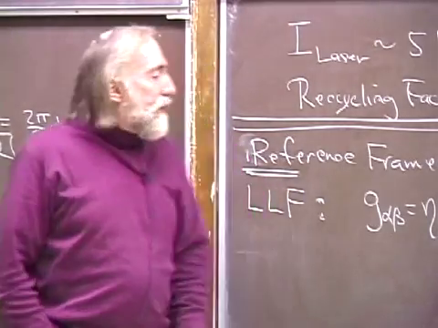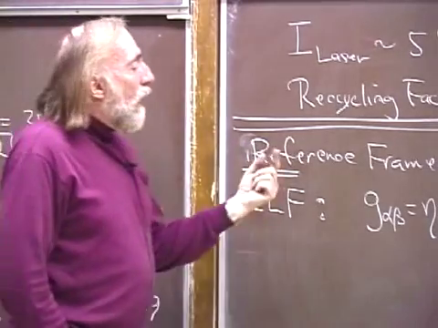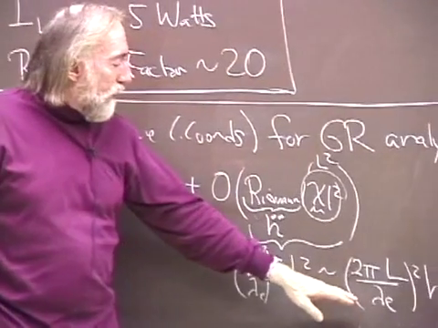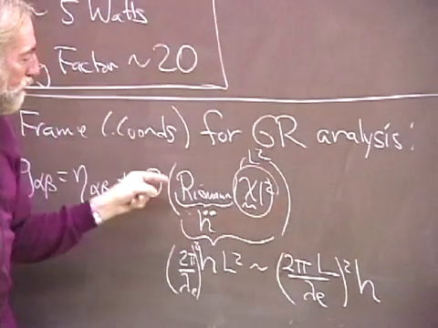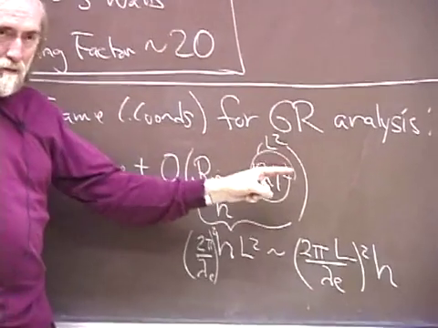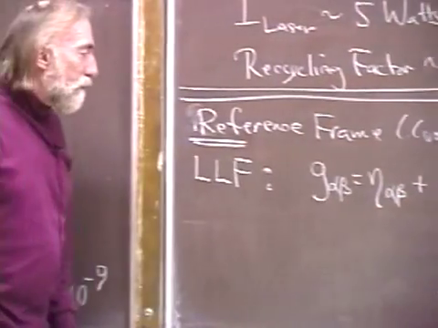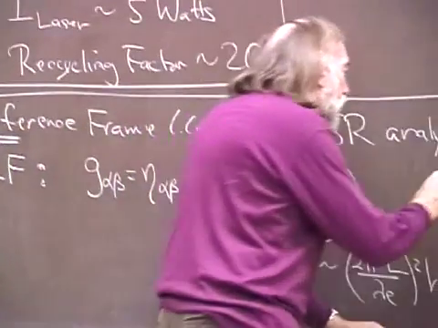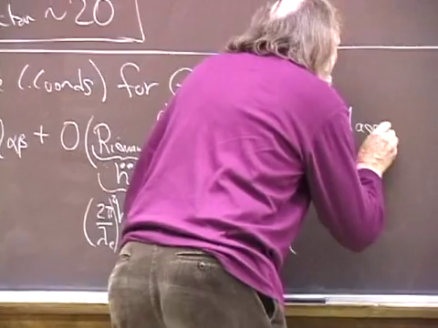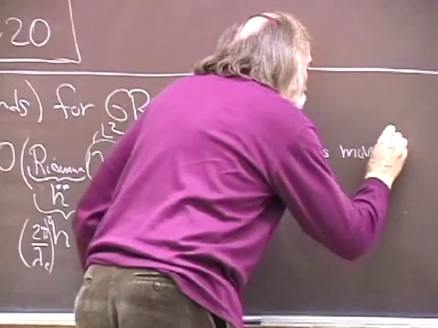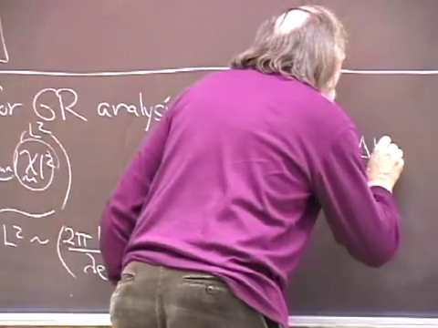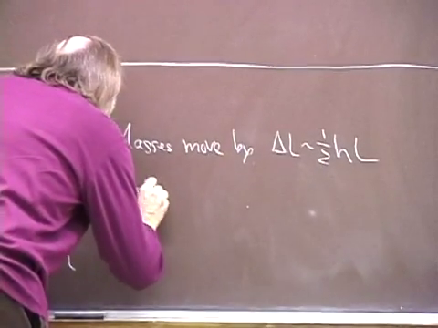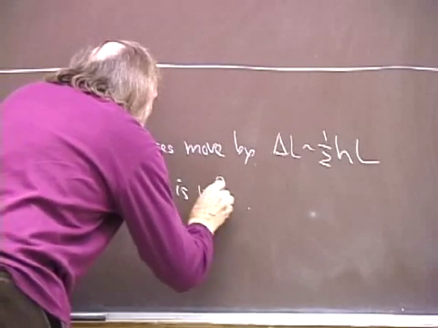And we can ask ourselves, in the local Lorentz frame, what does the interaction of the gravitational waves with the light do? Well, it modifies Maxwell's equations by a fractional amount that is of order this term here, by a fractional amount that is of order the deviation from the flat metric. And so, in a local Lorentz frame, the masses move by the usual delta L, which is 1/2 hL. Light is influenced